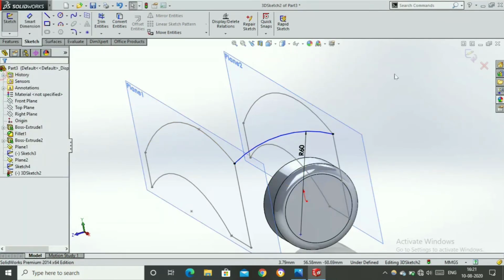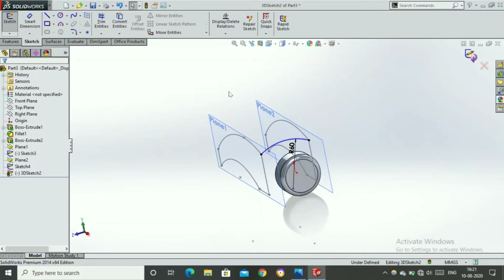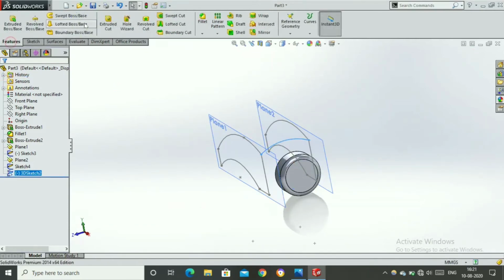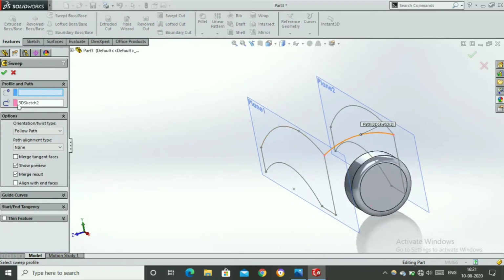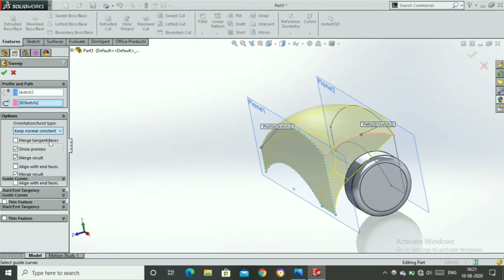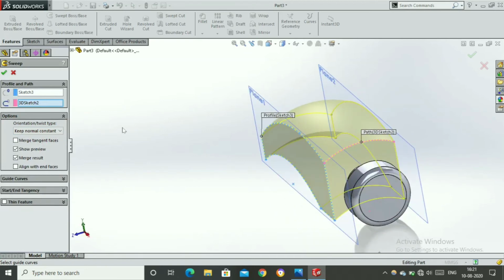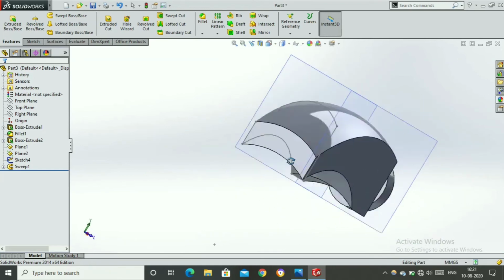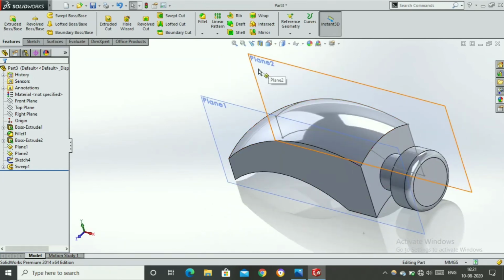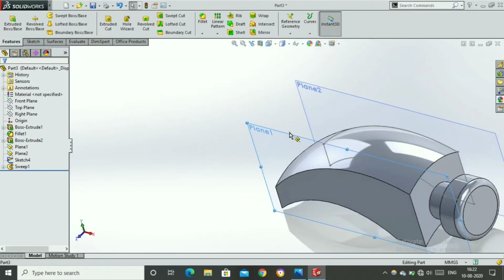Okay, now let's exit from the sketch, go to feature, swept base boss. Now the path was already selected, that is sketch number 2, and the profile we need to select is this. Keep normal constant. Okay, and then we'll hide the plane.